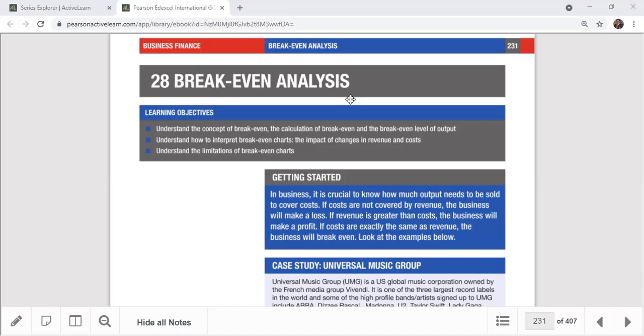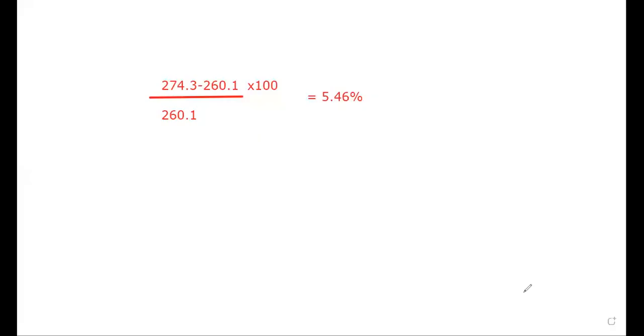For the break-even analysis model, I'll justify it on the whiteboard. You can see how break-even analysis is derived, and how the formula is generated. The formula we normally use is break-even equals total fixed cost, TFC, divided by contribution, that is selling price minus variable cost, SP minus VC.